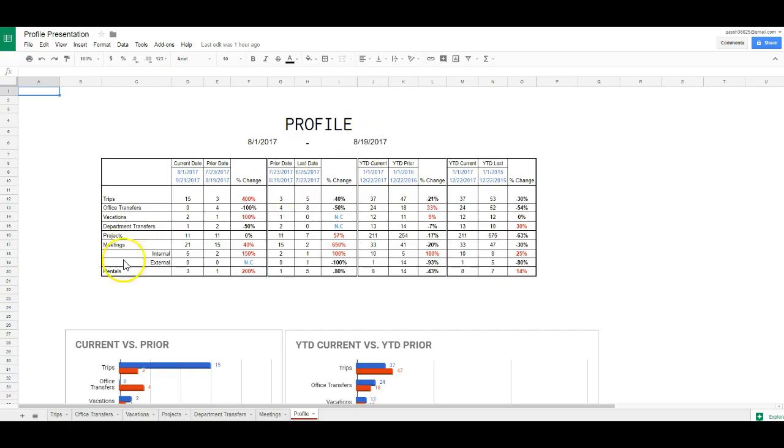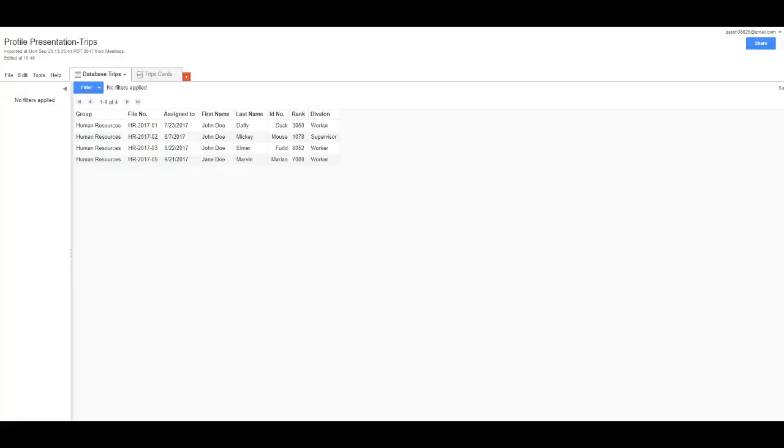Okay, notice that trips on your spreadsheet. Notice that trips and profile are on the opposite side. It's important that you remember that trips is on this side, on the far left corner next to the plus and the all sheets icon. It's very important that the first sheet is in this position when you transfer the information over to the Fusion table, and I'm going to explain